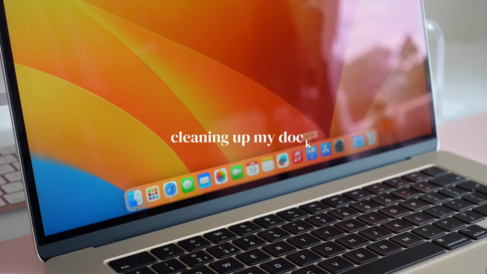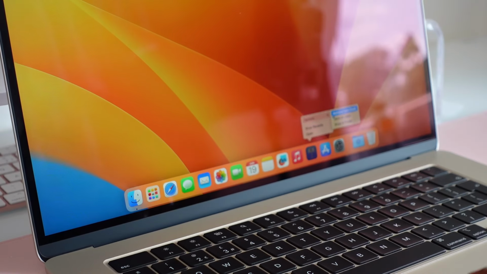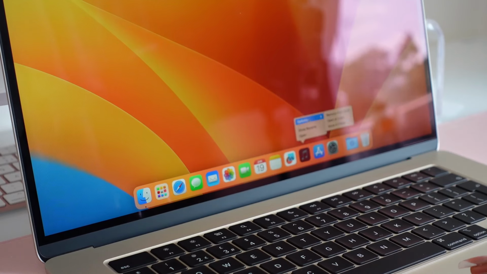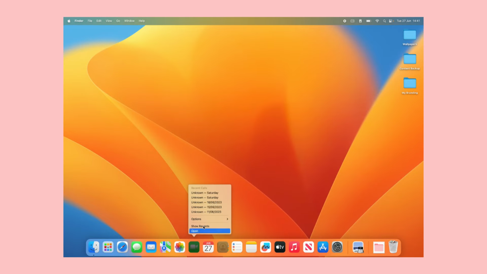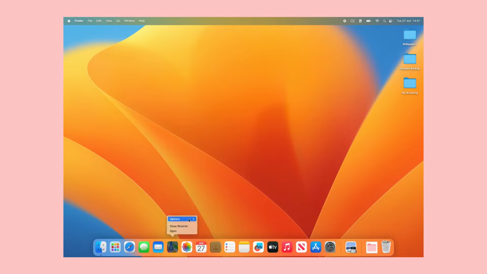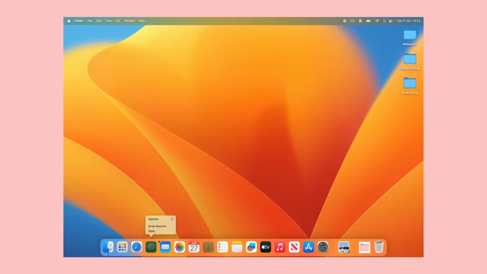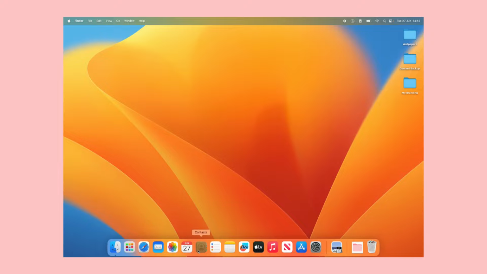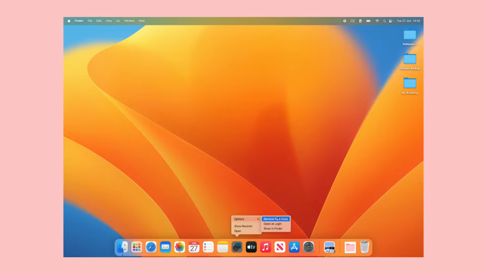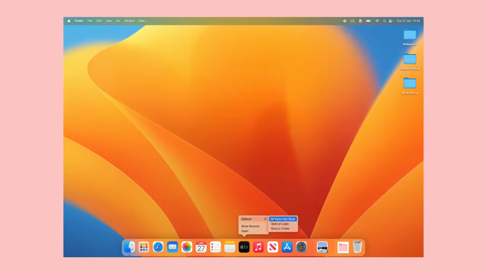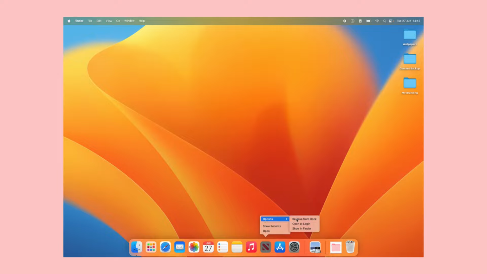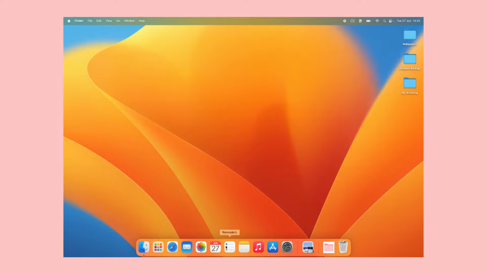Okay, so the first way I like to customize my MacBook is by removing apps that I don't use from the dock. So me personally, I do not use FaceTime on my laptop, so I'm just going to get rid of this. I'm going to get rid of Maps because I definitely don't use that. Same with Messages, Contacts, I don't need that. I get rid of Freeform, Apple TV, News,